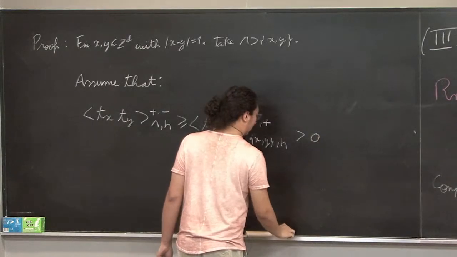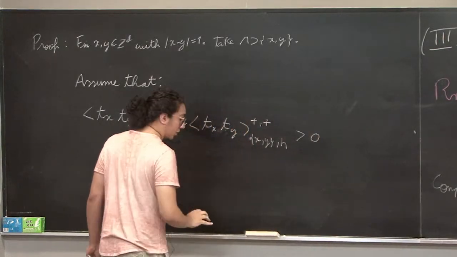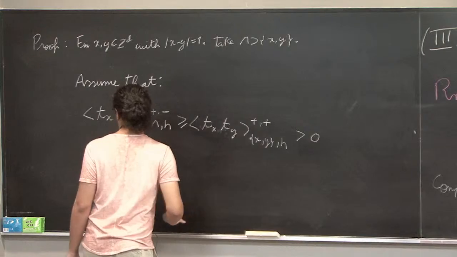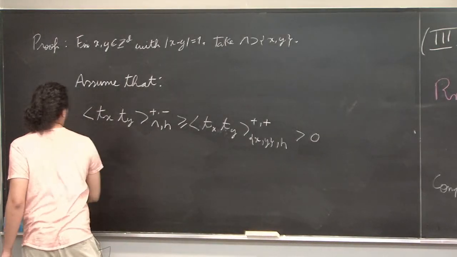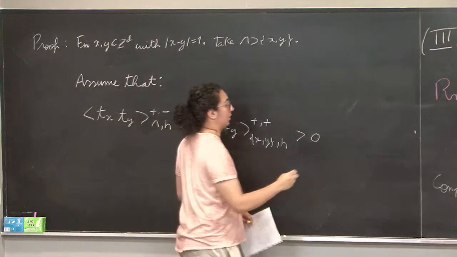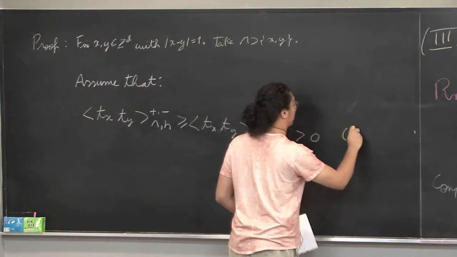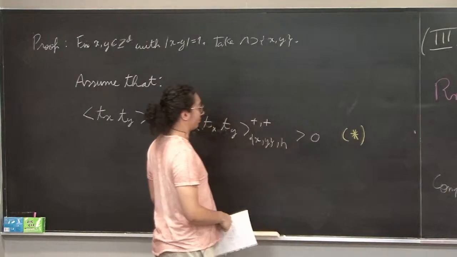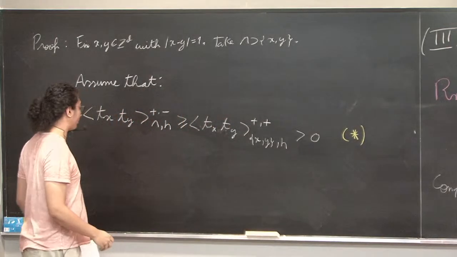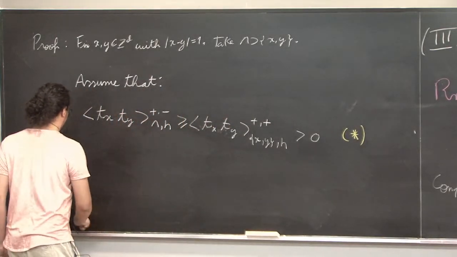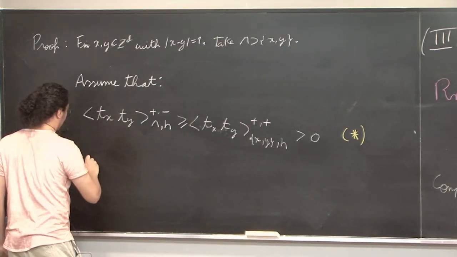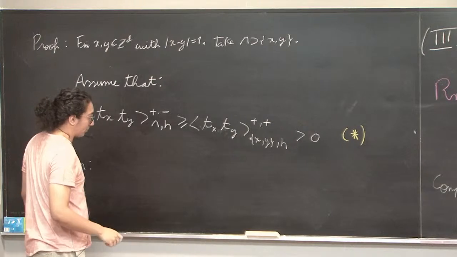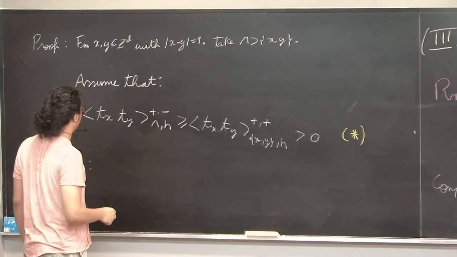Okay, so let's assume just two things. We're gonna call it star. After we prove this after. So assume this holds. Then you have this trick here. We can write